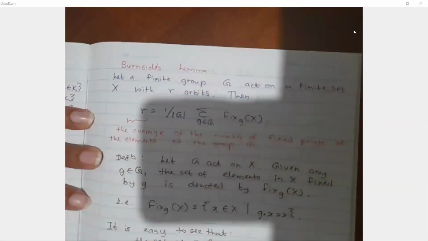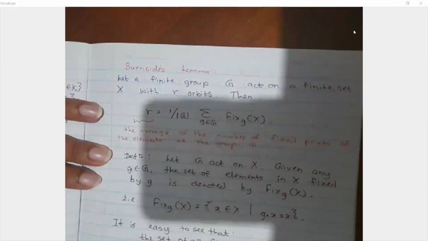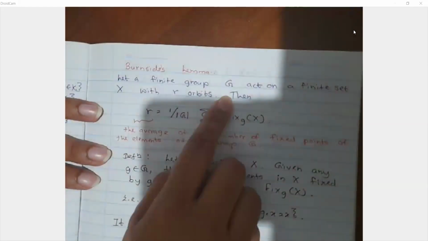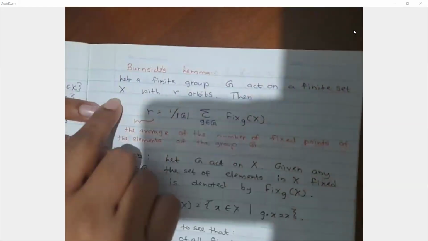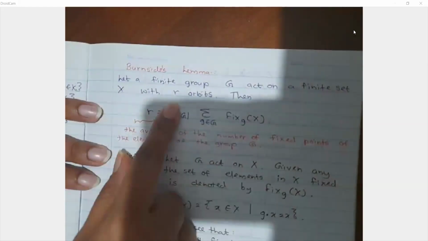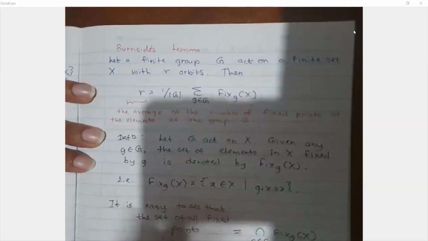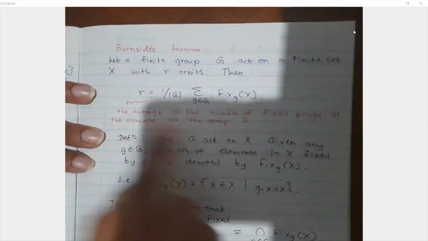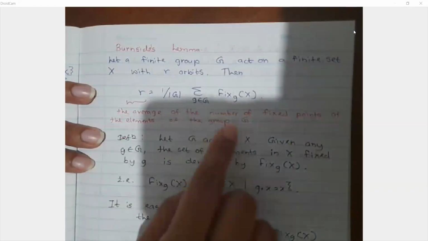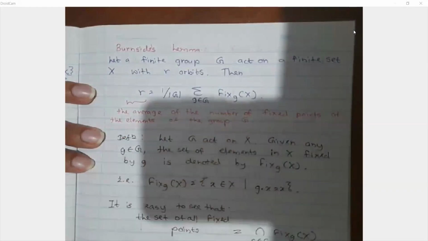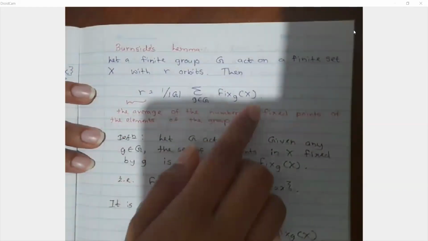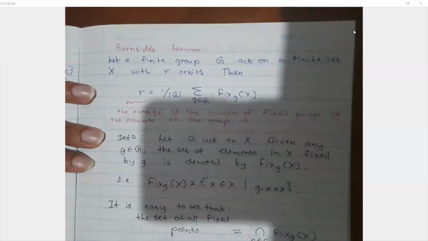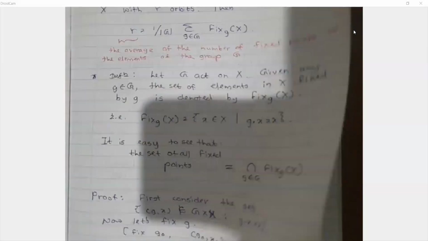Burnside's lemma. For a finite group G acting on a finite set X with R number of orbits, we can define R to be the average of the number of fixed points of the elements of the group G, right? Which you can show by proving this given equality. And